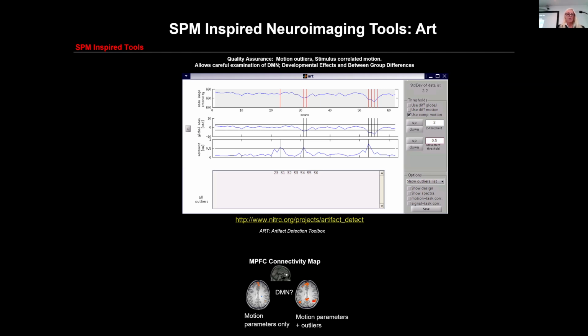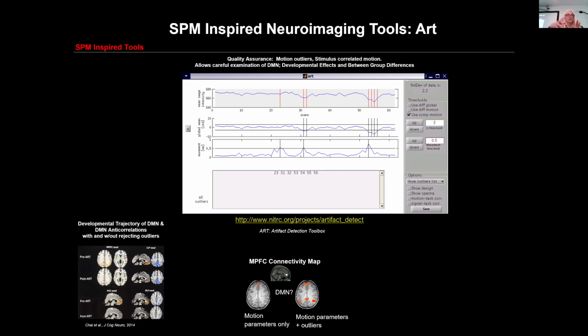And so at that point, there were a lot of studies showing that even infants might not have the default network, which we think actually they do have a default network. And there were studies showing that this default network actually increases in the positive correlations over the course of development. But we had a postdoc, Chen Chai, who actually looked at that very carefully by placing seeds, this is the lower left, seeds in the default mode network, and looked at how that network was changing over the course of 8 to 25 years old. And we did that with and without regressing outliers.